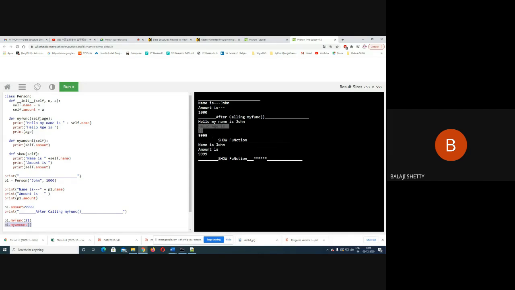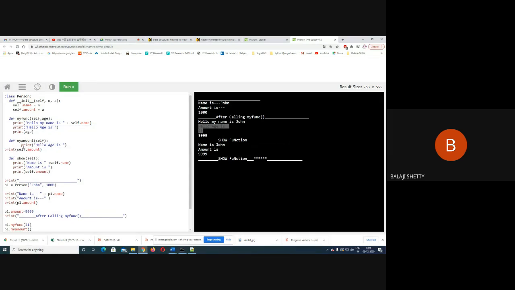So better, what I do, I write this one line here, paste it in my amount function, and run the code.